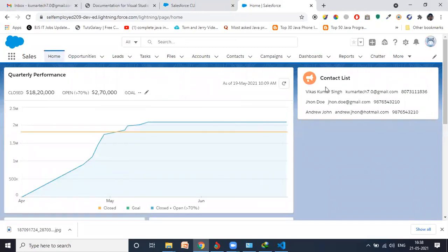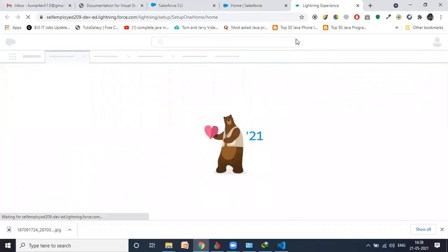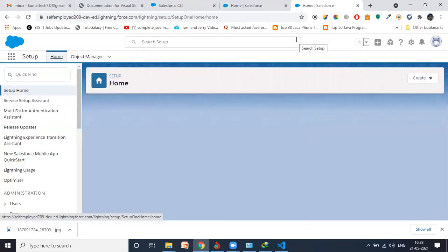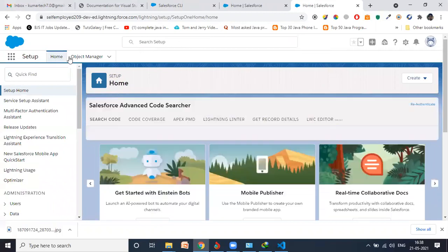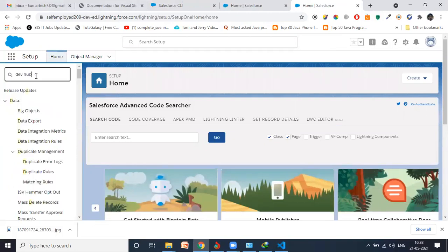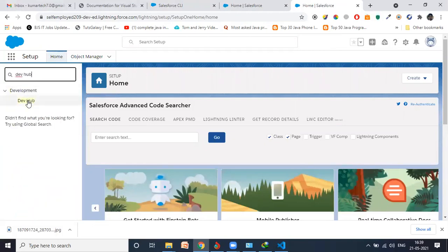Okay, this is my previous component. I just made my org pivot. Now what I need to do? I need to click on setup, and now I need to type here dev hub. Once I type dev hub,